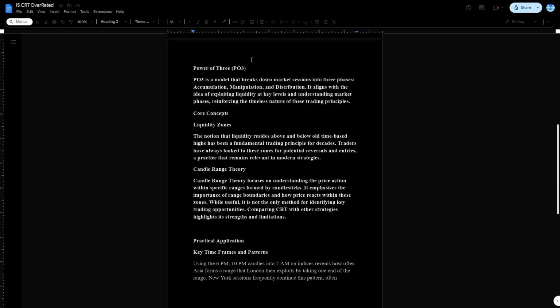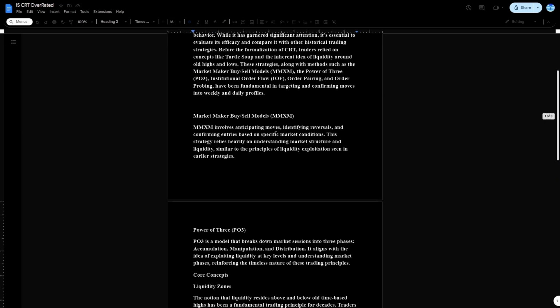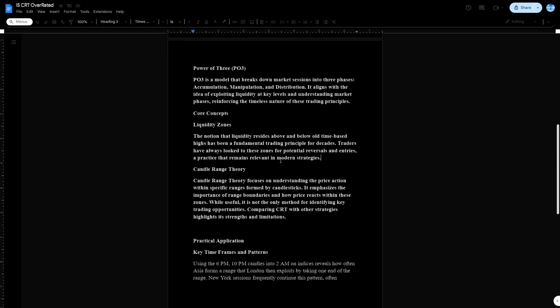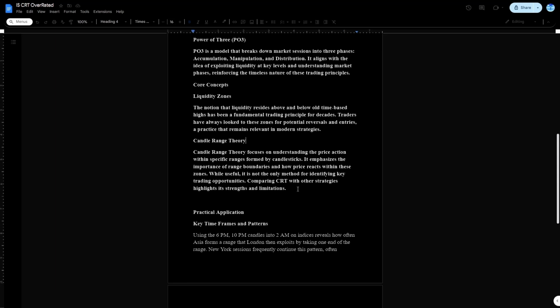We've had all of these principles and these key price signatures in price forever now, and we've been able to use them and just not listen to the noise online about candle range theory, but really just see how we can combine it with our trading strategy we already have. Comparing these CRT with other strategies can really highlight its strengths and its limitations, because there's not always going to be a CRT trade when you could have a trade, but that doesn't mean you have to take a trade,